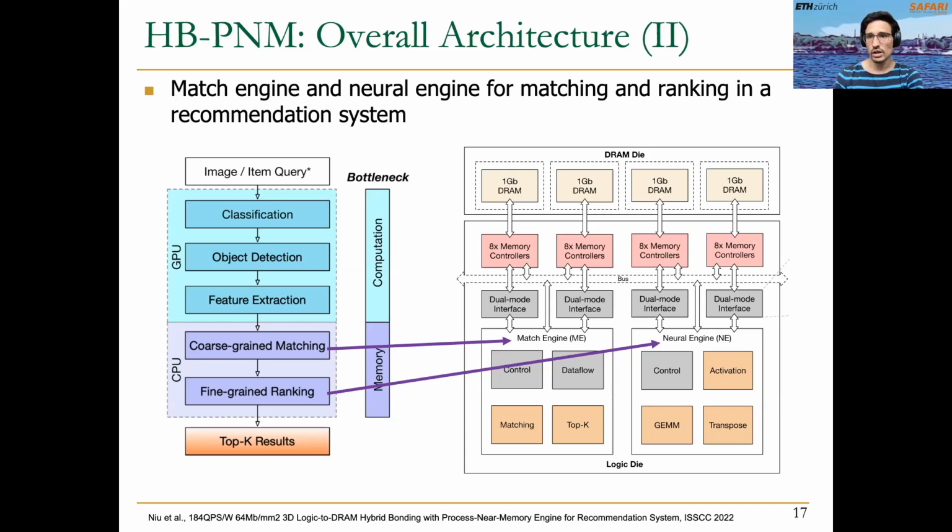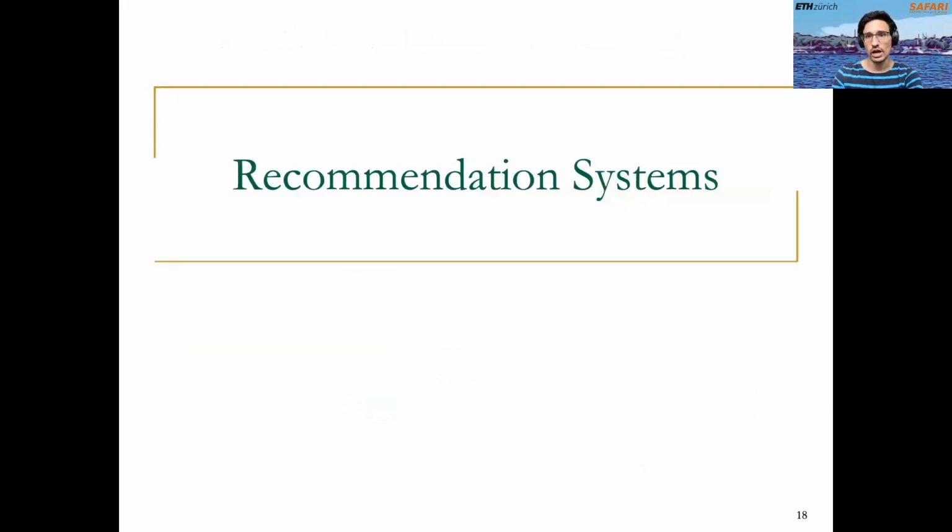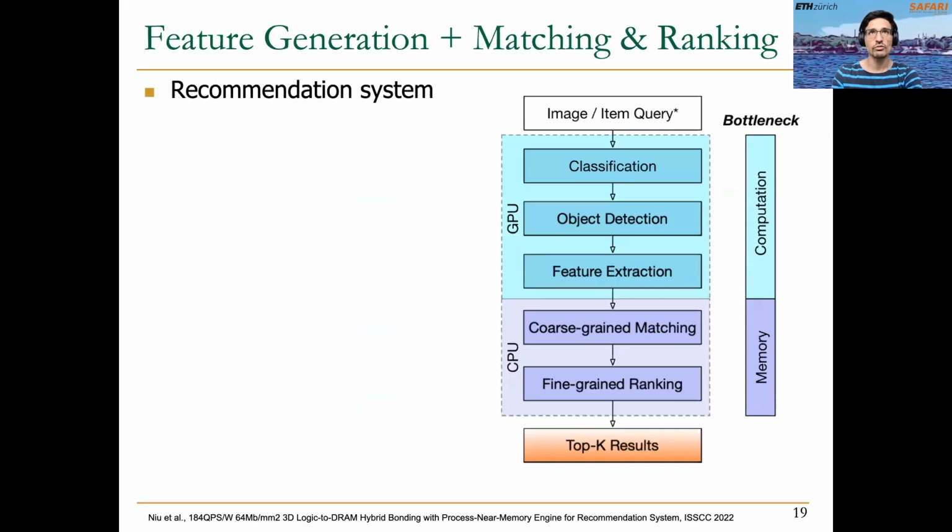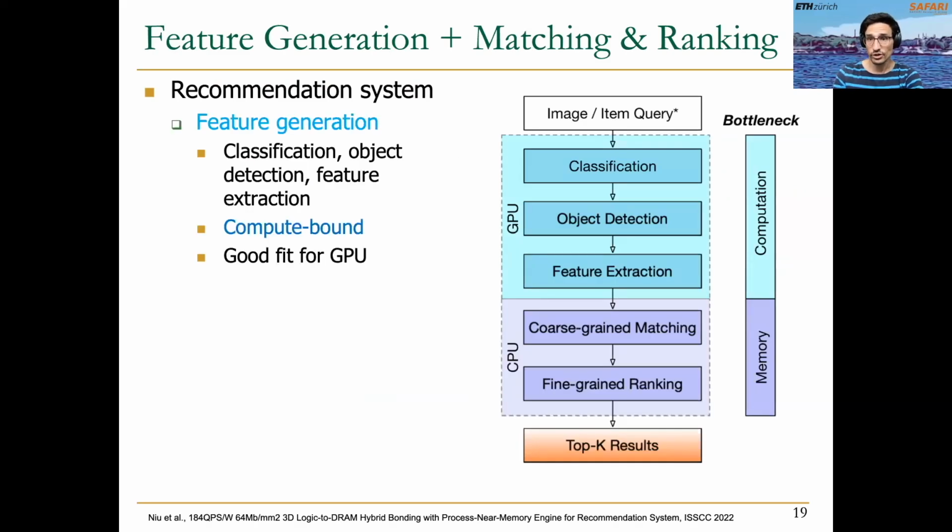We are going to talk in detail about this architecture, but let me very briefly remind you a few things that we talked about in our last lecture about recommendation systems. As I mentioned before, in a recommendation system, we will first have the feature generation for classification, object detection, and feature extraction. This step is usually compute bound according to the paper from Alibaba. So that's why it's usually a good fit for